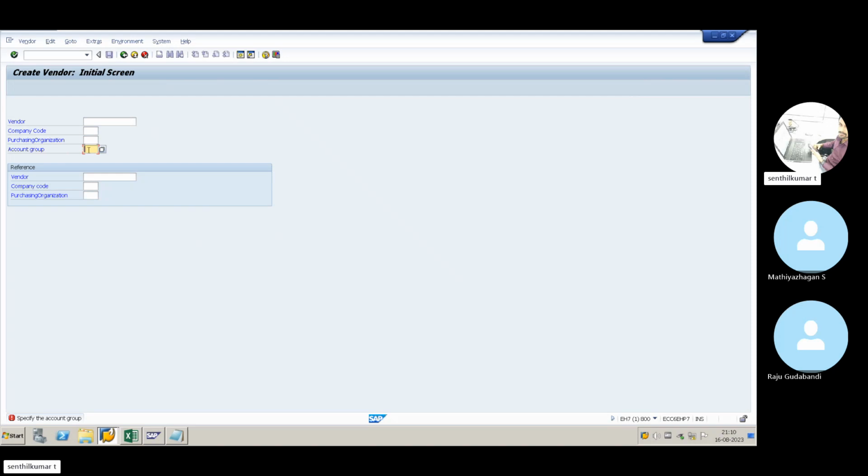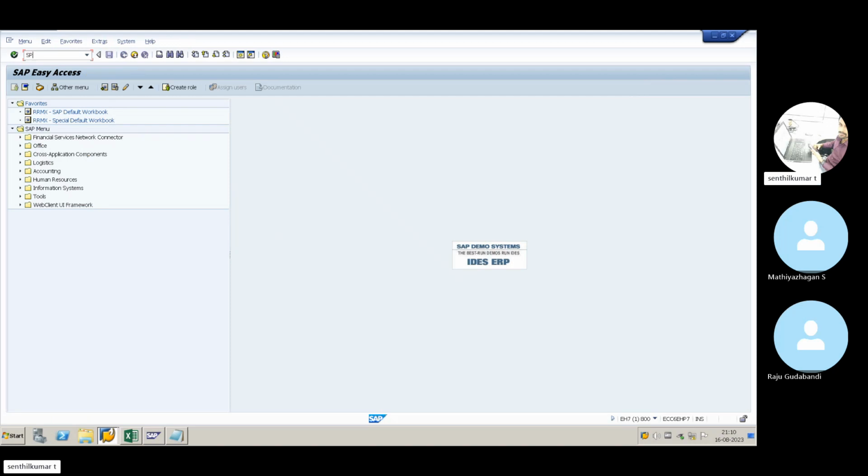Okay, so what is the account group that will be created? To that account group we can assign the number range. Based on the number range, the vendor code will run as a serial number, created as an internal number range. So first we go and create an account group, then we'll come on to create a vendor master. I go to SPRO,